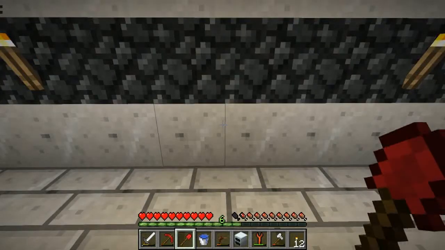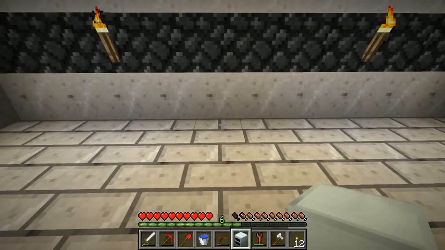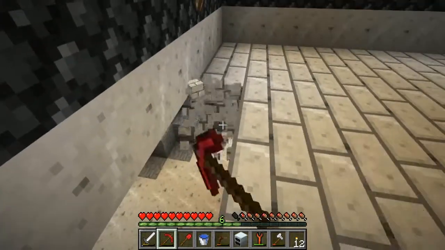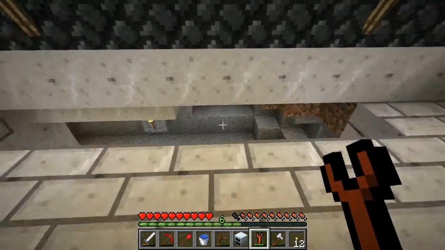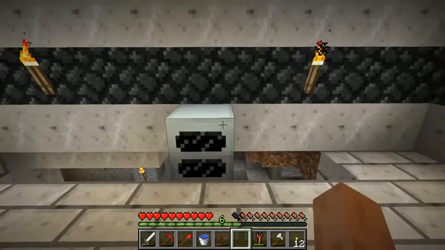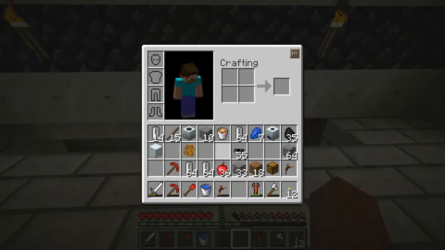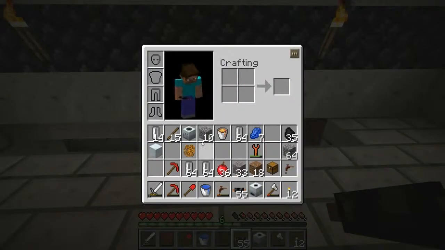But see, that's our generator, so we're going to put that. I'll tell you what. Let's get rid of some of the floor here, and we'll run the cable underneath. So I want to put the generator pretty close to the center. And then I'll put the... Oh, I got the...